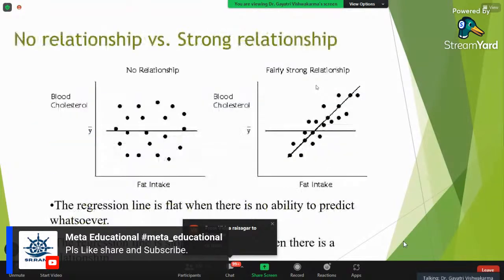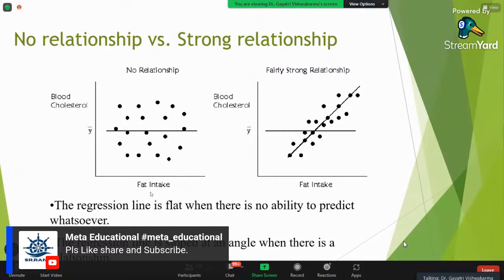Next slide. So no relation versus strong relationship. This is a simple regression between fat intake and cholesterol, if we are finding out the relationship. And if this kind of scatter plot is coming, we cannot predict blood cholesterol with the help of fat intake.